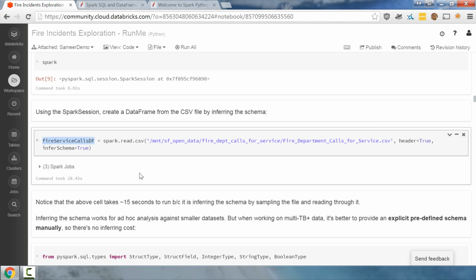The infer schema also brings in the column names the way they are in the file, with spaces in them, and I don't want that because it's going to cause problems later on, like when I try to save a Parquet file. So for those two reasons, infer schema taking too long to run the full scan, and wanting to manually give my column names without spaces,